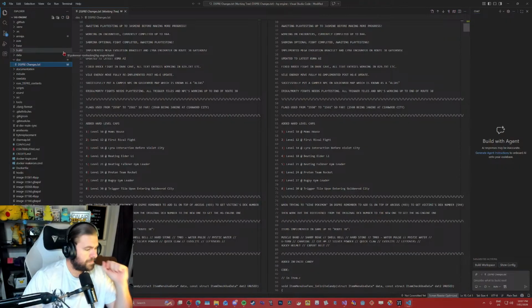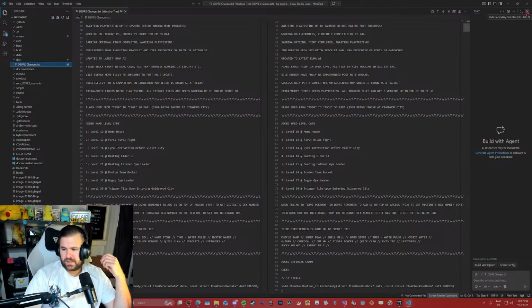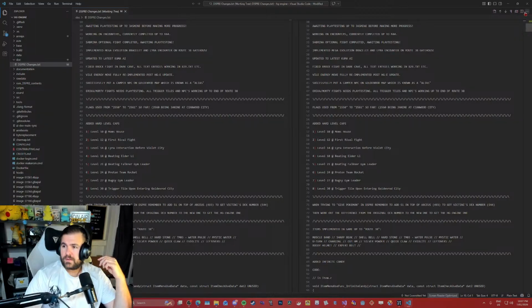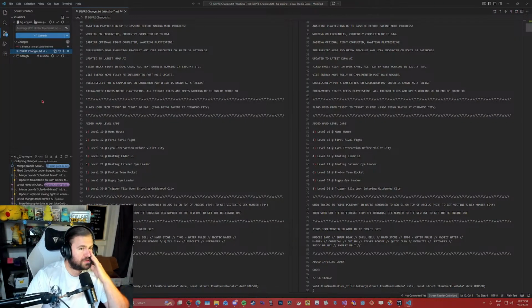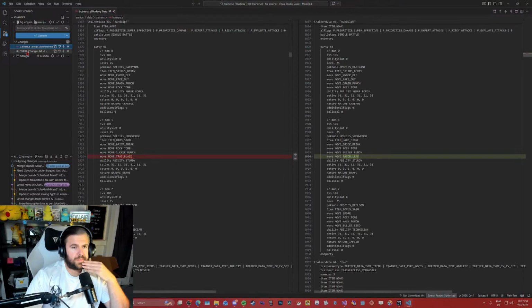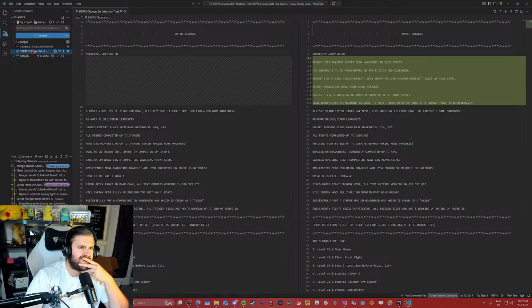Okay, so close the AI thingy. Right, so basically I go into source control and this will just show me my differences and stuff like that.